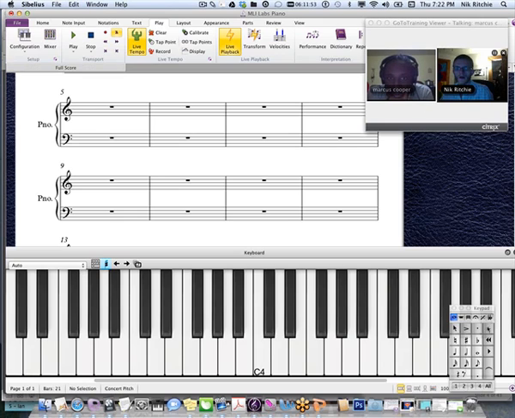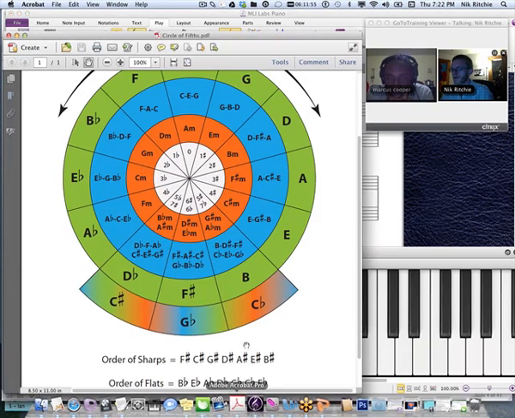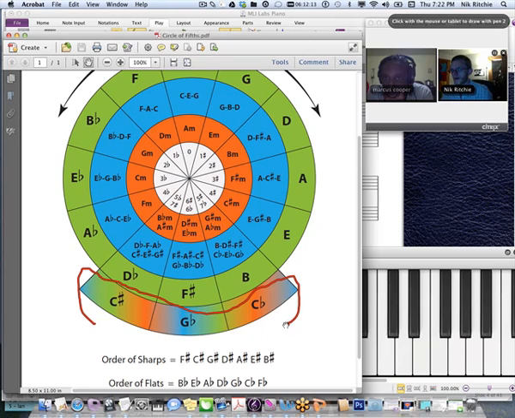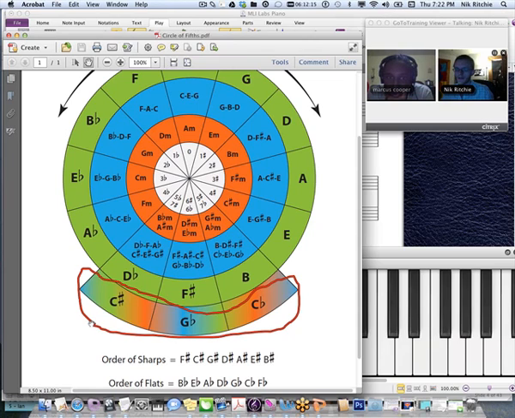So, we were talking about the circle of fifths. Don't worry about any of these other things right now. Just focus on the outside green circle and the inside white circle. These are the major keys. These tell you how many flats or sharps are in that key. These out here are the enharmonic keys. Enharmonic,